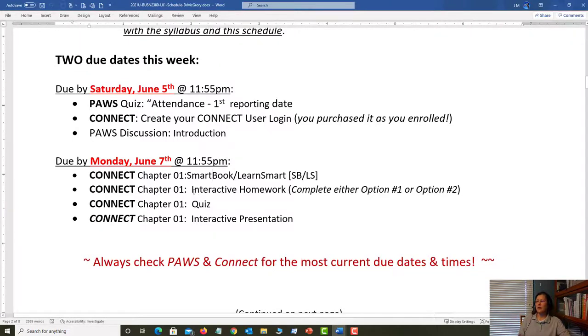I'll demonstrate more. You're going to have interactive homework assignments. Now, for each chapter, there's going to be 2 of these interactive homework assignments, but you only complete 1, and they're labeled option 1 or option 2. And to tell you the truth, they're the same assignment. They're just kind of formatted differently. One is formatted for drag and drop. One is formatted where you don't need to use the mouse. It's more keyboard controls and drop down boxes, things like that. The questions are the same. It's just the formatting is different.